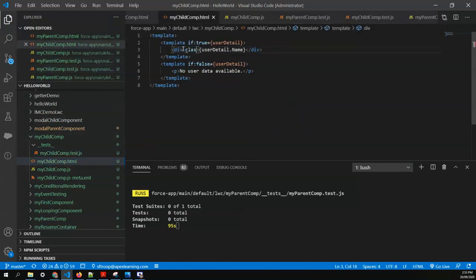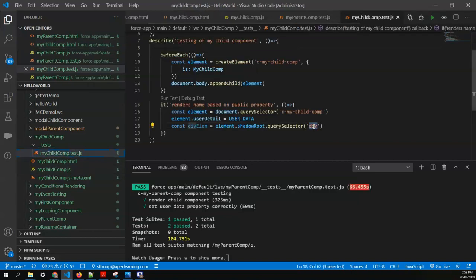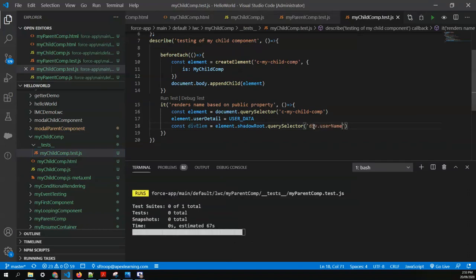We can give the class as well, that will also work fine. You can say user name something, so instead of div, you can go with the class as well here, or mix and match, you can say div with the class username. This is also going to work out, so anything you can do. Okay, so I'm using div, or I can go with the class as well.